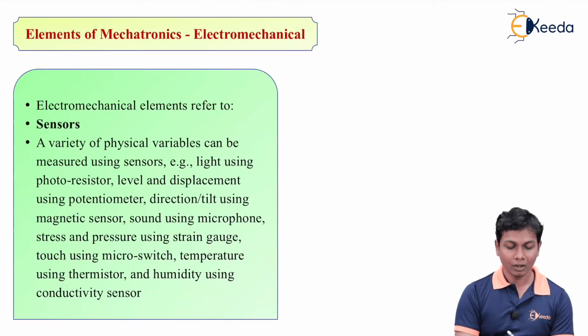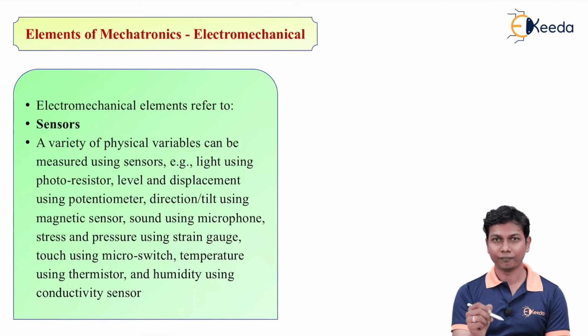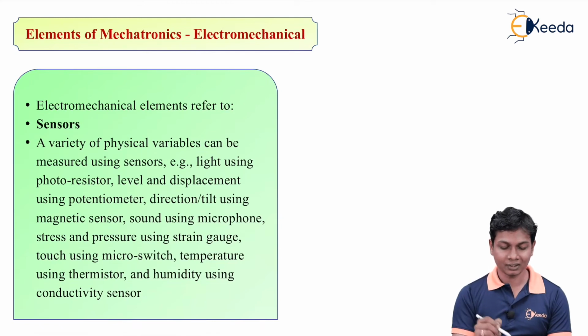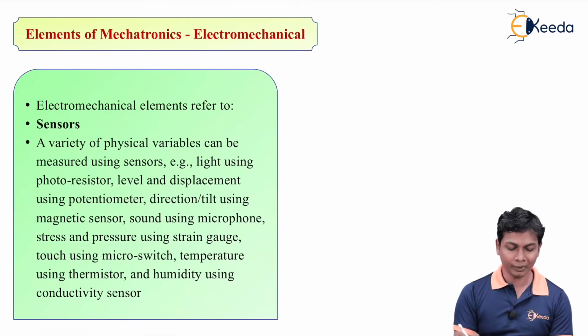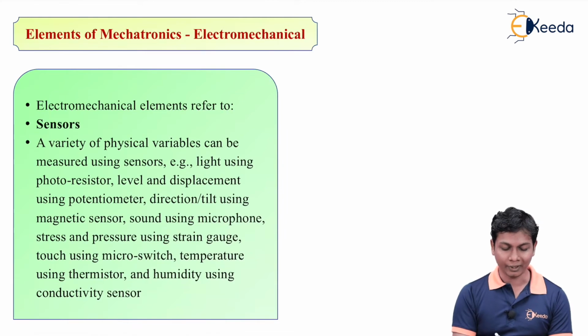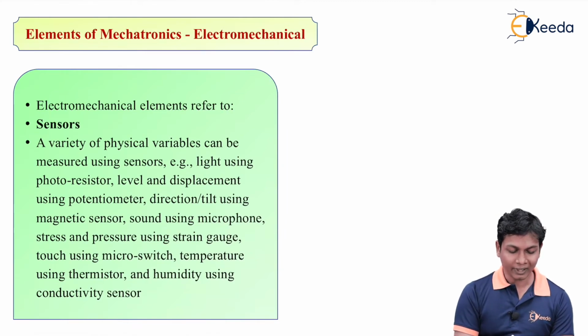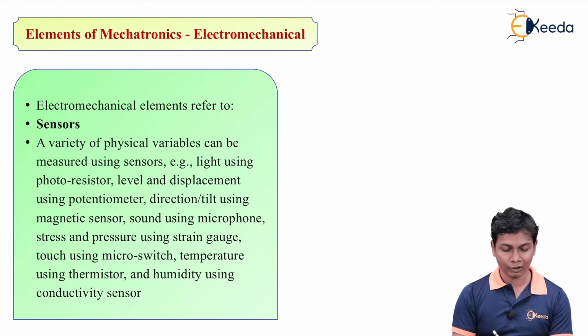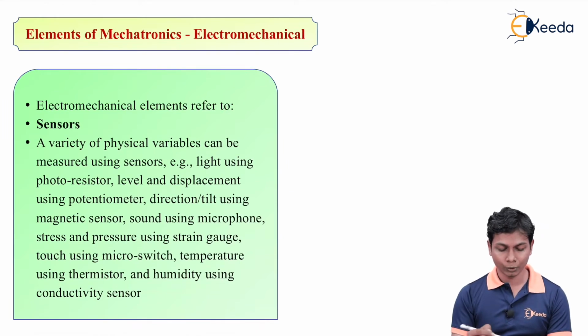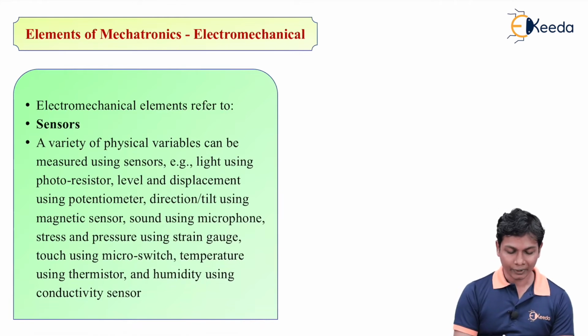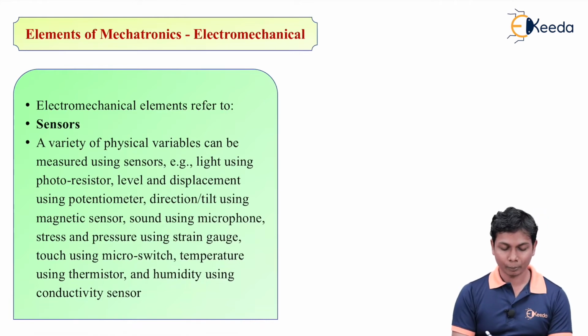Light using photoresistor, means what? Photoresistor senses the light, potentiometer senses the displacement, magnetic sensor senses the tilt or the direction, sound is sensed using the microphone,